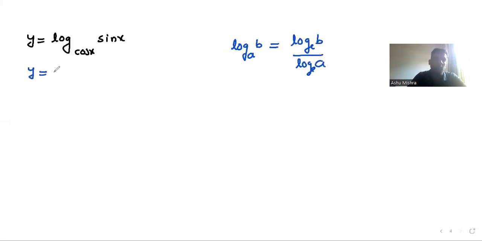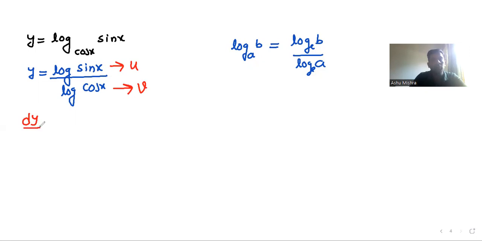On the basis of this concept, you can say your question will be log sin x over log cos x. That means in this question, this part is known as u and this part is known as v. When you're differentiating both sides with respect to x, you get v, that means log of cos x, times the derivative of